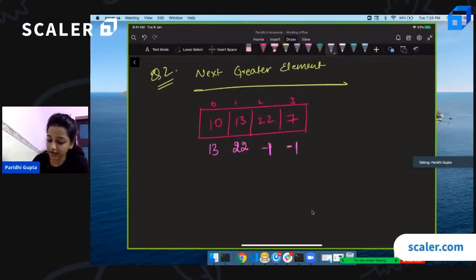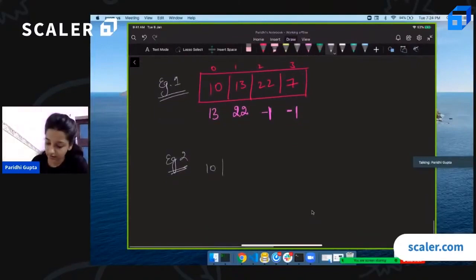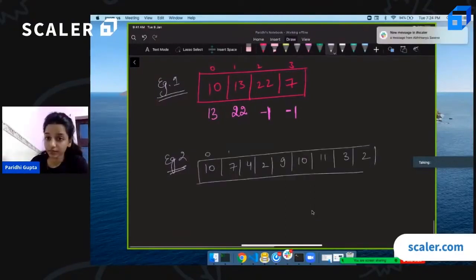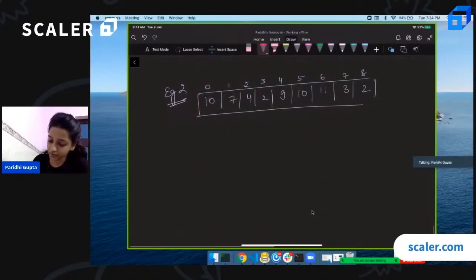So this was example 1. Let me take another example as well: 10, 7, 4, 2, 9, 10, 11, 3, 2. What's the next greater element to the right of 10? It's 11, right?